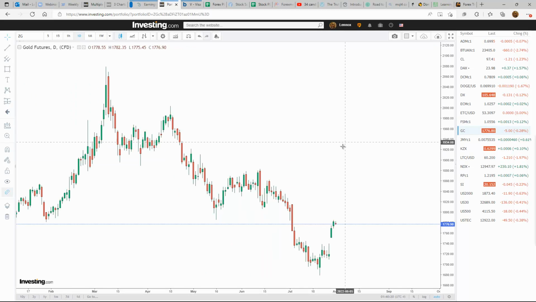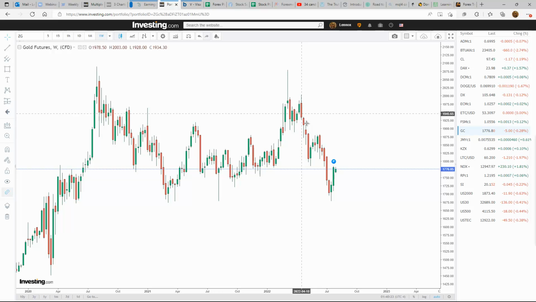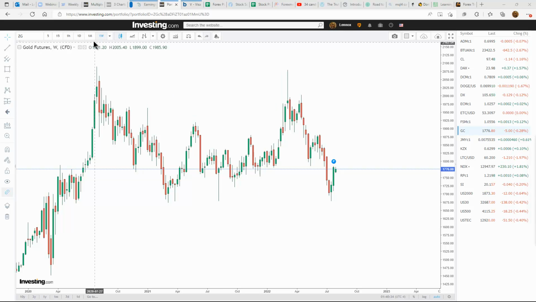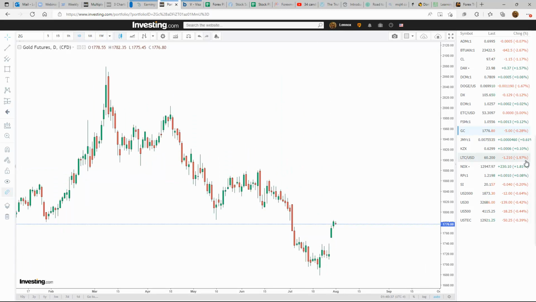Take a look at gold. Gold has been in a decline, and we've reached a very strong support area overall and have bounced out of that support area. So at this point, a little bit of strength going into this week with gold, and I would look for continued strength. Might be short-lived as well, because this could be just an end of the move to the upside, and we could see further declines in gold by the end of the week or even earlier. Okay, so a little bit of strength in gold in the short term, at least.